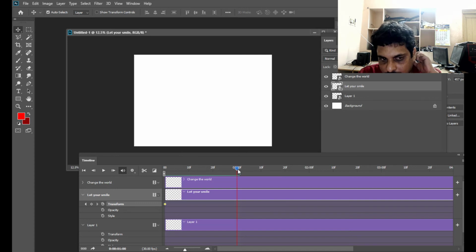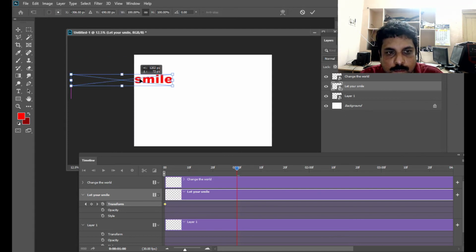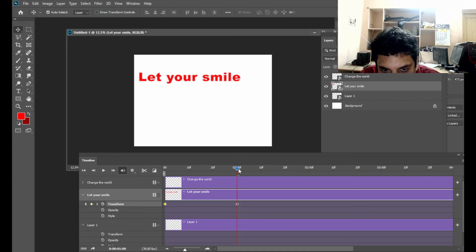So we'll move to 1 second, and then we will use the transform tool, Control T, and move it, and then just hit enter. Now you can see a keyframe is created over here.